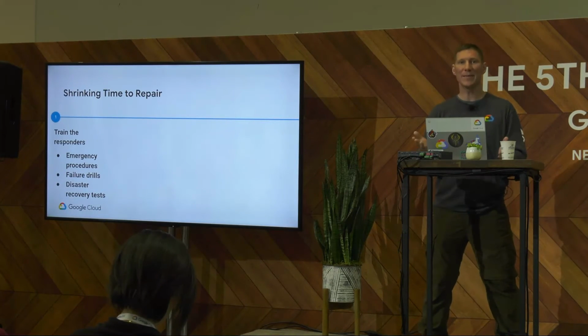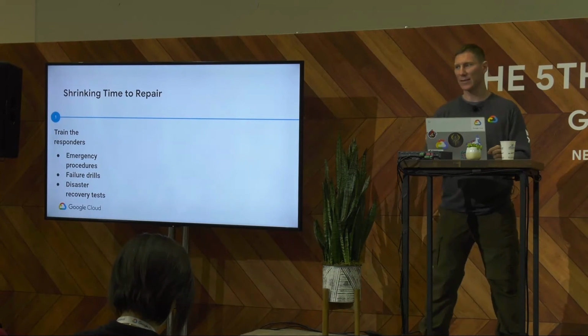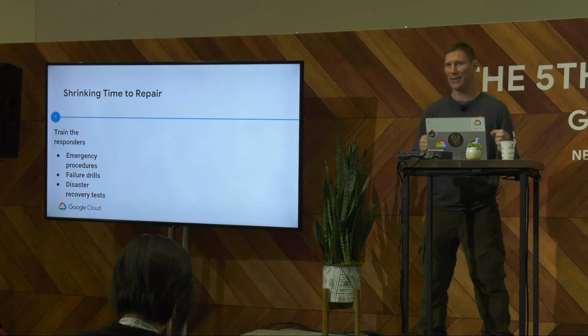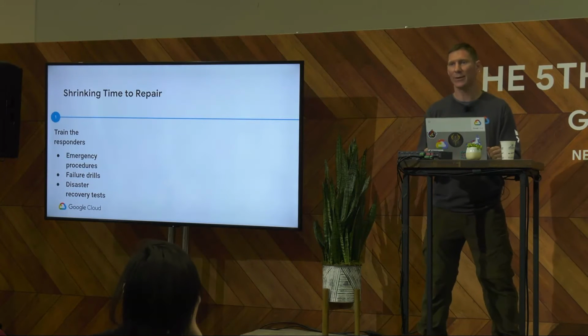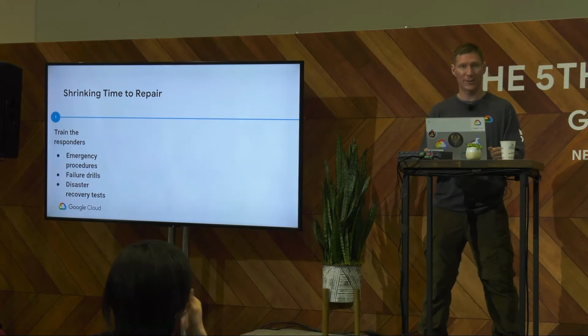You can get the whole company together to do a whole company drill like this. A scenario that Google likes to run is pretend that California had a major earthquake and slipped into the ocean. So Google headquarters is just gone. What does the rest of the company do to continue functioning? And we do this almost every year because it's important to figure out how you'd continue working if your headquarters just disappeared.